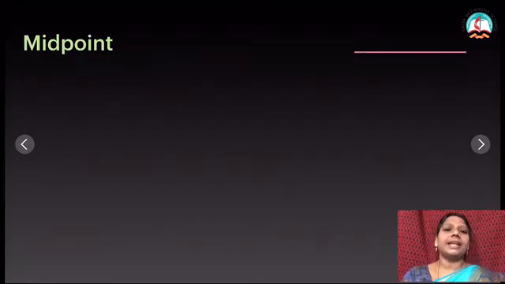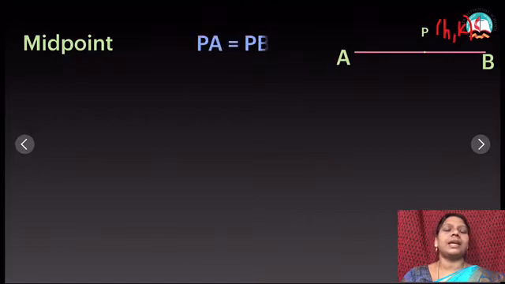So if I am taking it as a midpoint of a line segment, you just take a line segment in which P is the midpoint, because always we are taking P as H comma K, and which is a midpoint of A and B. That means which is equidistant from A and B. Then what could be our equation? PA is equal to PB. That is, we are using the 2-point formula to find the distance between those 2 points, right?